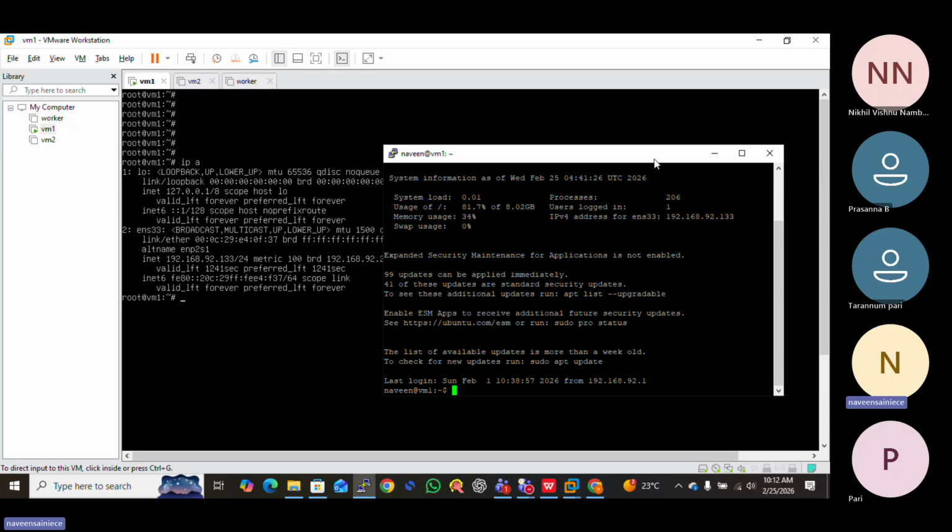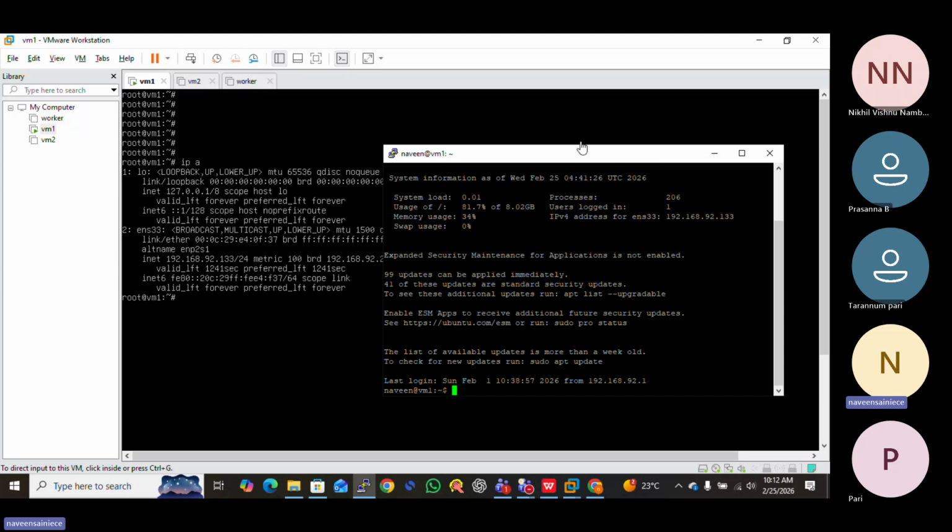Your Windows machine has graphical access, but you can still run commands. How do we run commands on Windows? Anyone? The Windows operating system is the same as the Linux operating system, but you are working on Windows graphically.